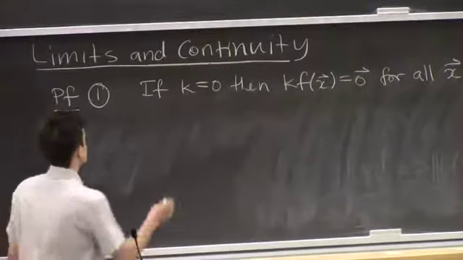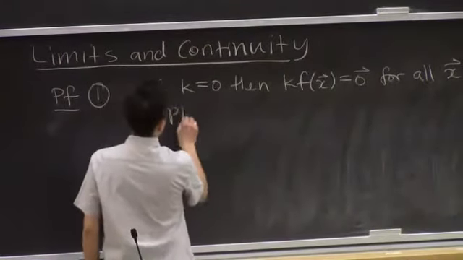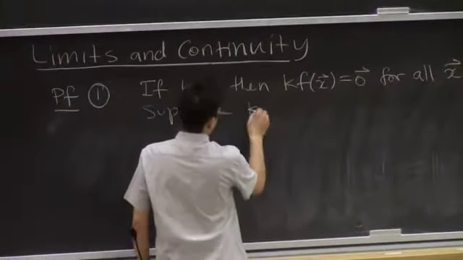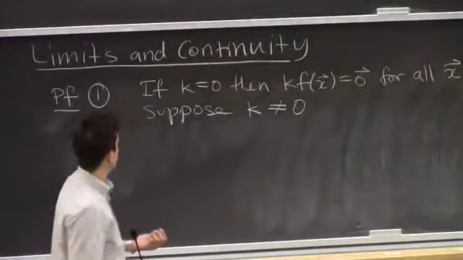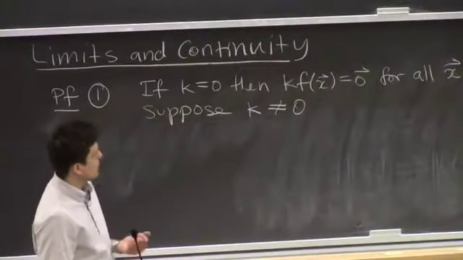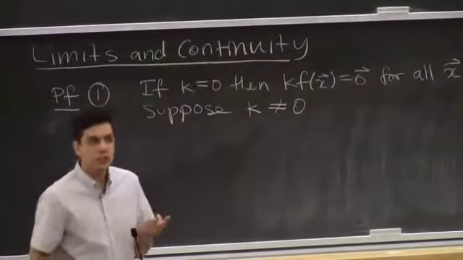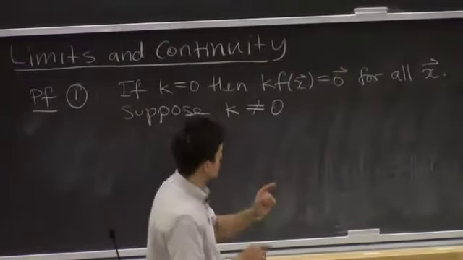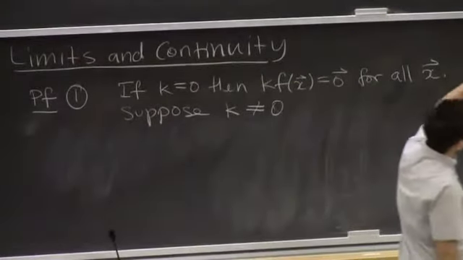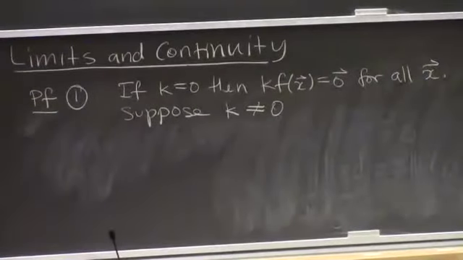Okay, so suppose k does not equal 0. Now we have to do a little bit of a clever argument. This argument has 2 parts. The first is our hypothesis. We know that this guy is continuous. So by hypothesis,